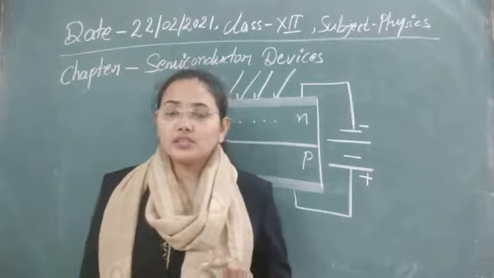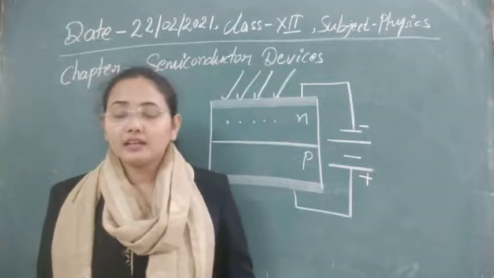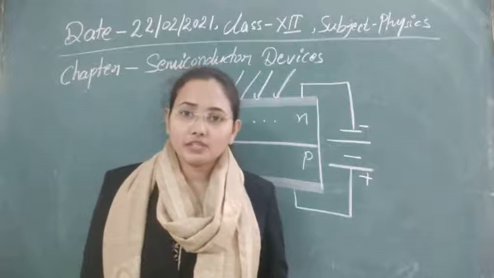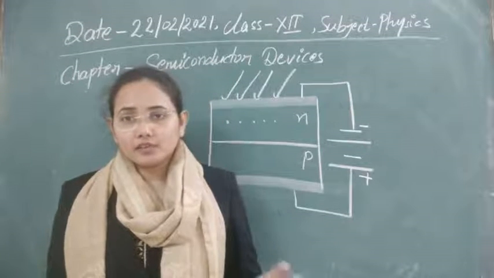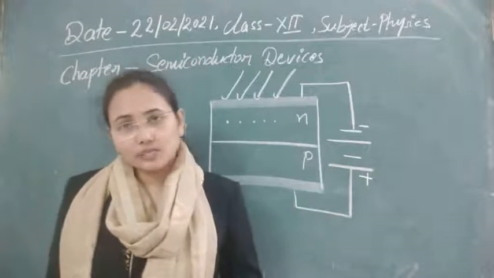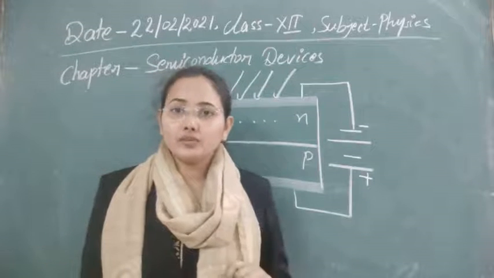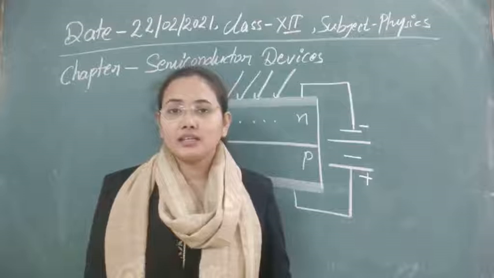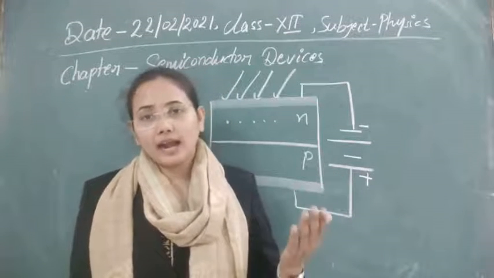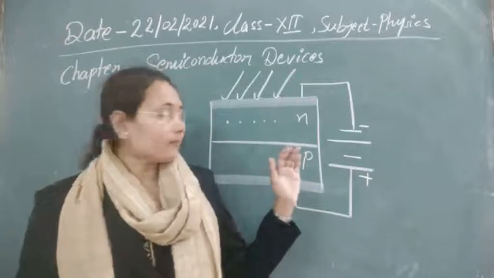Solar cells we use to convert solar energy into electrical energy, but photodiodes we use only to measure the intensities of radiation or the temperature of stars. In that case reverse biasing was suitable for us, but here forward biasing is more suitable. So you need to know why we use a particular biasing in every condition. We use all these diodes for a special purpose, and that purpose decides the type of biasing.